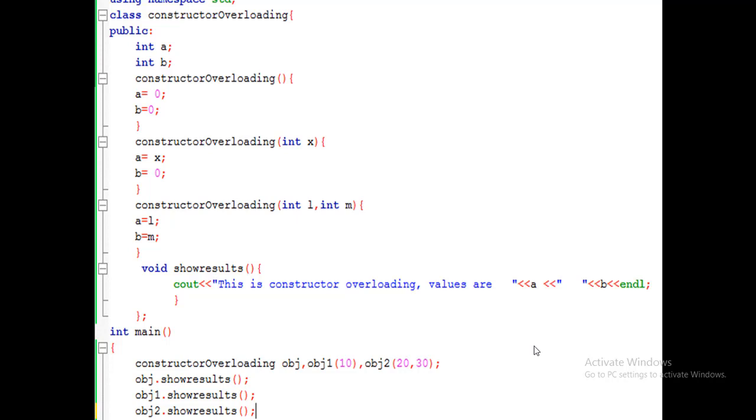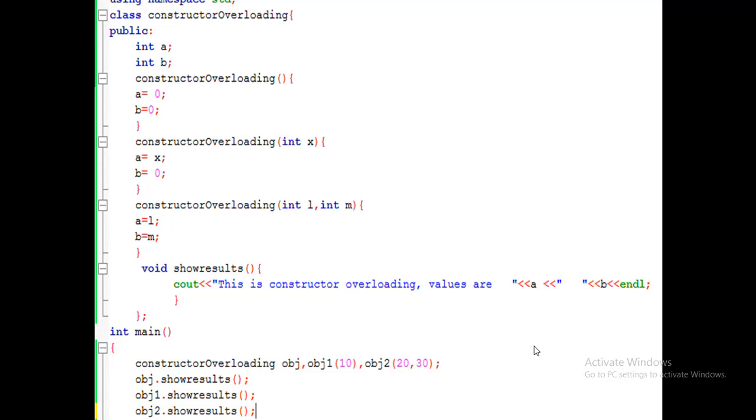Let's understand it. Again, we define the class, and in the public section we define the two int variables A and B, and then the default constructor in which we initialize A and B with 0.